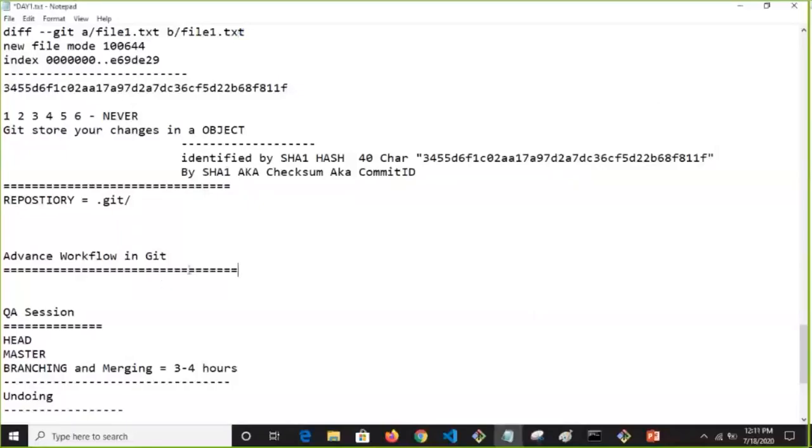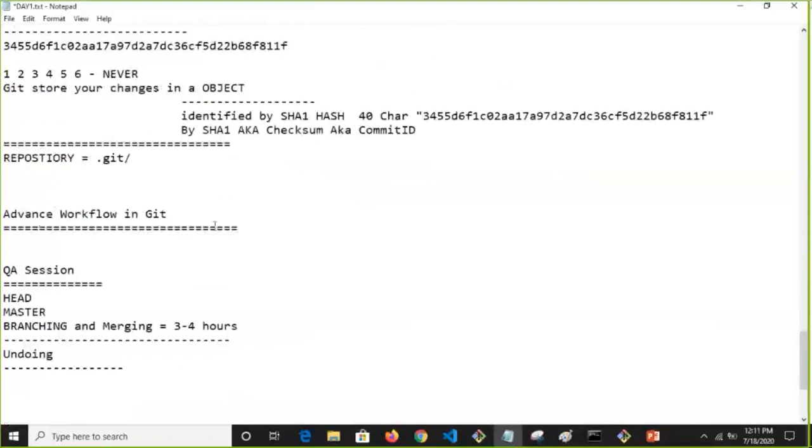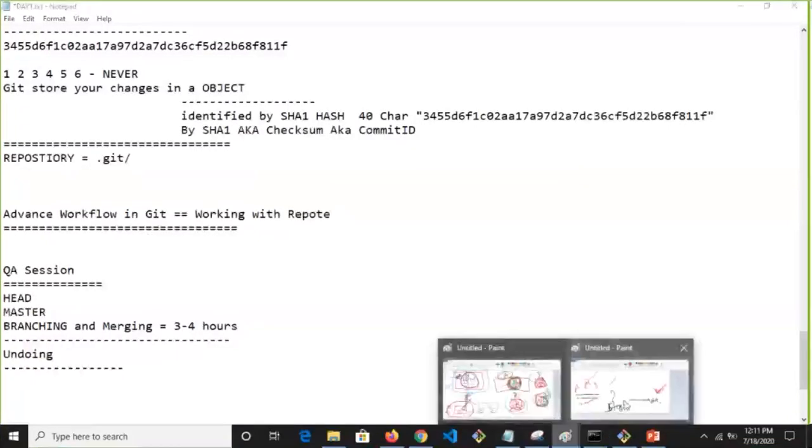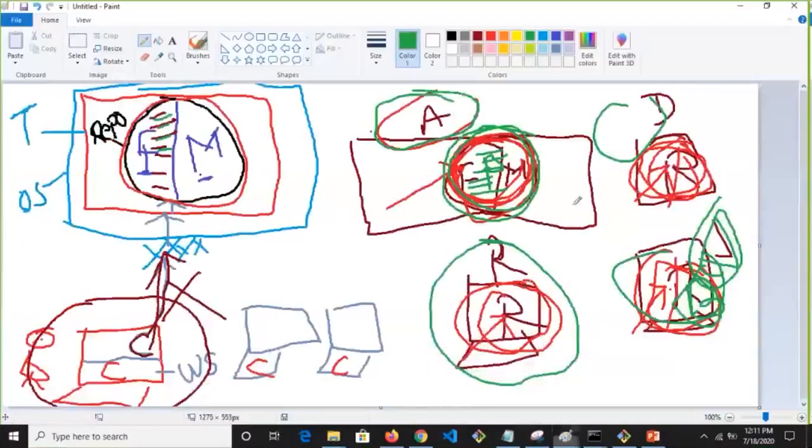Okay, so guys, with the basic workflow done, I should talk about the advanced workflows also in Git. Basically, this is nothing but advanced workflow. That means working with a remote repo. I never said server, understand that. Remote repo. So what is happening here? Because we four people were there, see here in this scenario: Amit, Deepak, Jagdish, Rajesh.